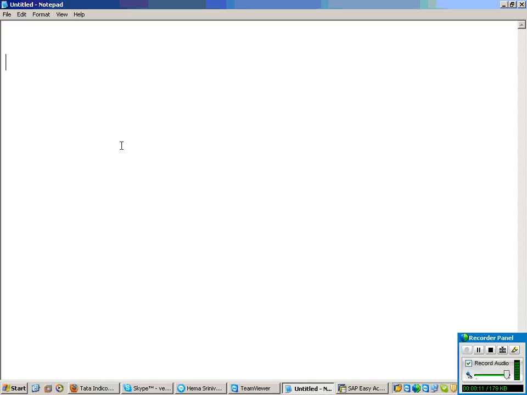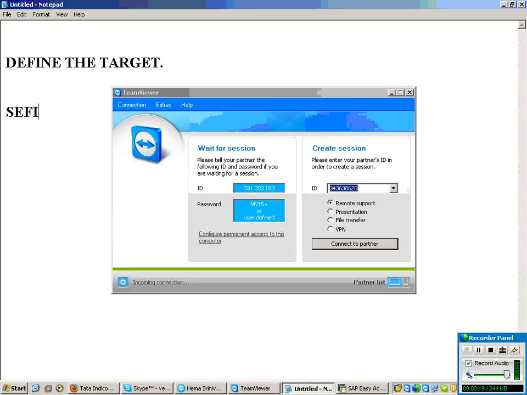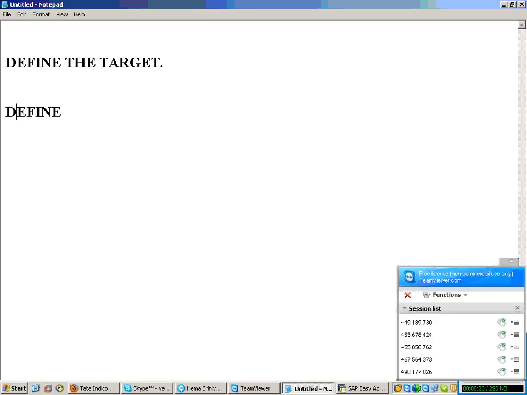Yeah, fine. So last class you have seen we defined the target. Then step 2 was we define the data source, right? So data source is basically what data has to be extracted from the source system.